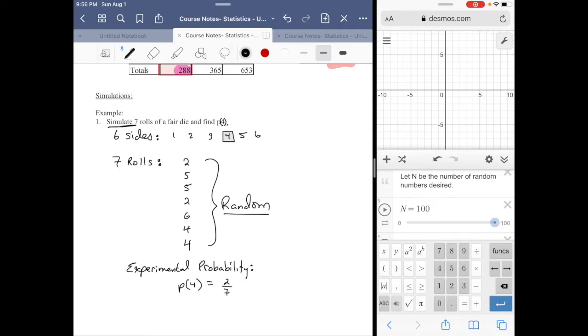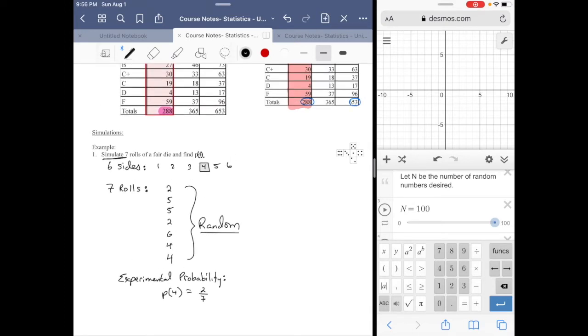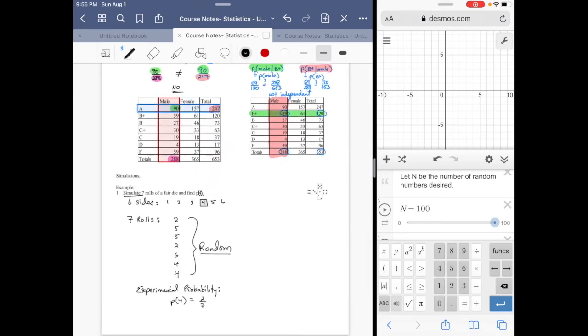You've got to imagine that if you had your own die and I have my own die and I roll my die 7 times and you roll your die 7 times, we're not going to always get the same outcomes. So it would make sense that using our simulation, in fact, I would be surprised, and I don't want to say disturbed, but I'd raise an eyebrow if we all got the same outcomes. All right, so let's move on to